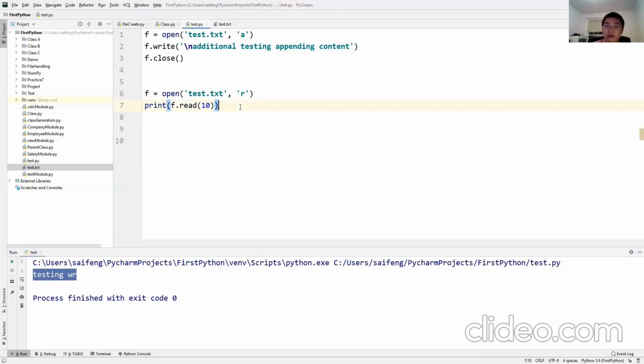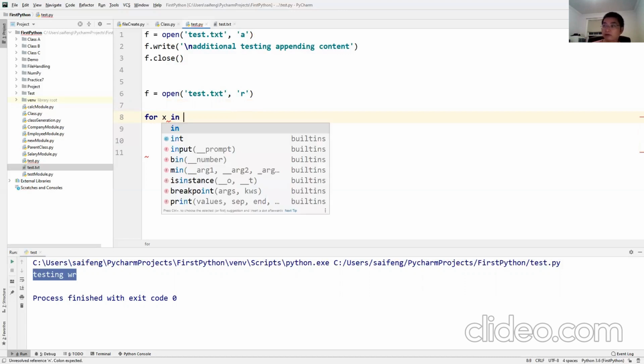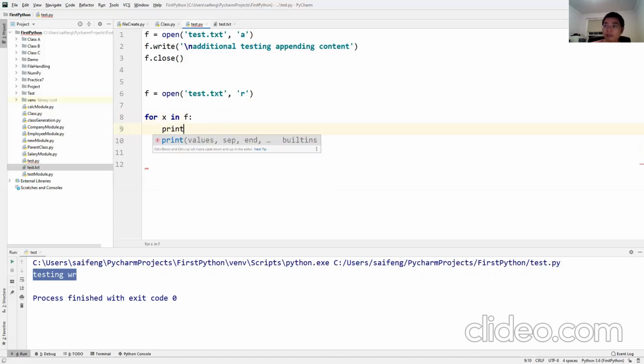Okay, so that's the first character, right? And of course, we said there's another way to print out the content line by line, which is using the loop. So for X in file, print X, print the content of one line.